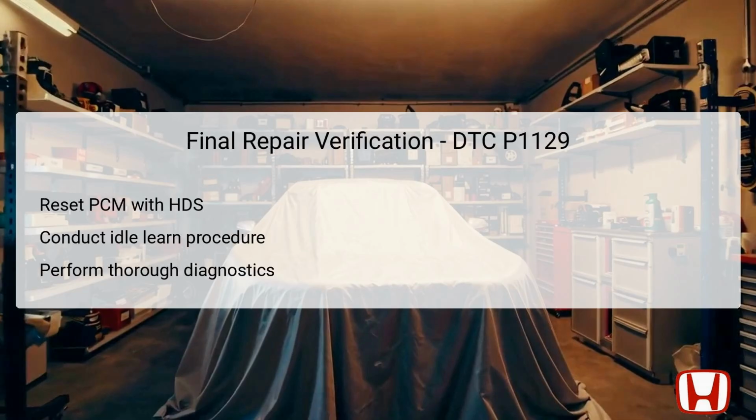After completing the necessary repairs, you must verify that the repairs effectively addressed DTC P1129. Start this process by turning the ignition switch to on, and resetting the powertrain control module, PCM, using the HDS. Following this, perform the PCM idle learn procedure, which helps the PCM adapt to any changes made during repairs. Then, repeat the MAP sensor performance check by maintaining the engine at 3,000 RPM until the radiator fan activates. Next, conduct a test drive under the previously outlined conditions and monitor the OBD status for any DTCs. A status of passed will indicate successful repair and resolution of the issue, while any additional DTCs would redirect the